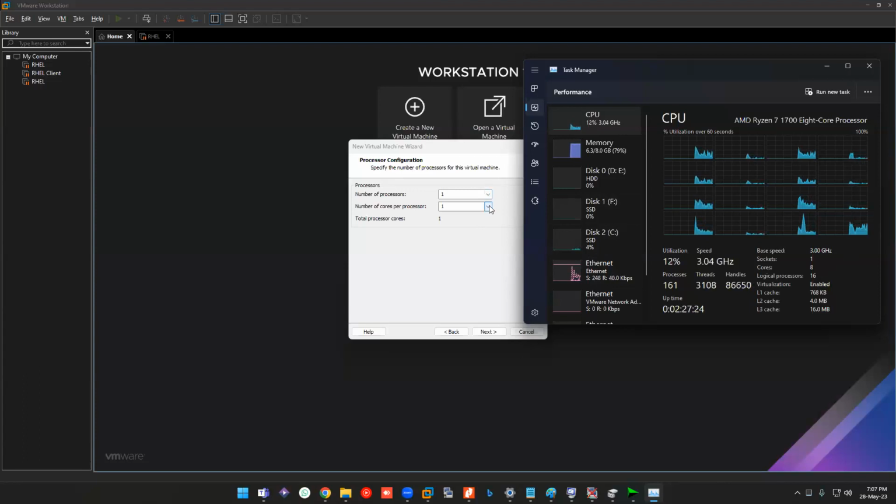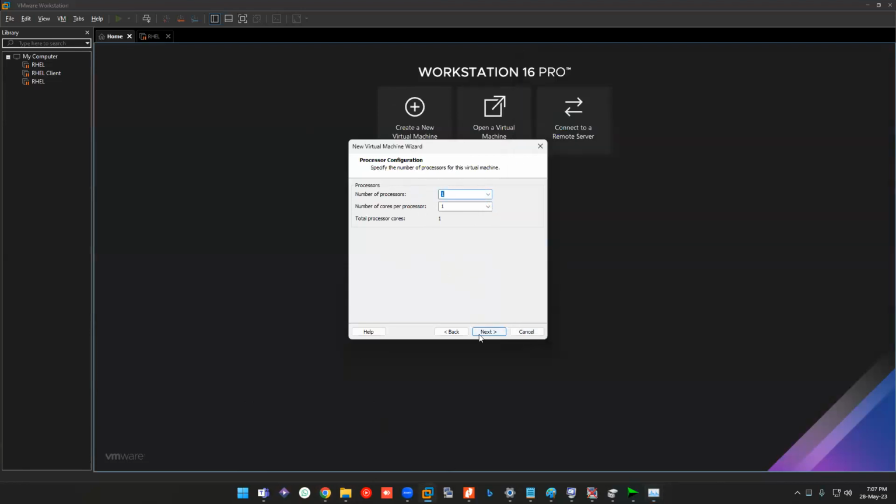If your system has just 2 cores, please don't use this VMware. You can use a cloud service provider instead, because it will be very slow and won't be usable. It will get stuck at some point. If you have 4 cores and 8 threads, you're good to go, so you can install this one.